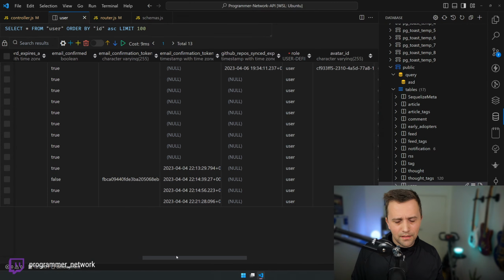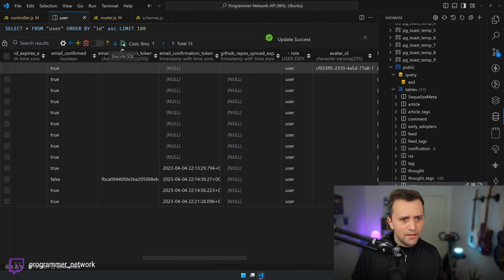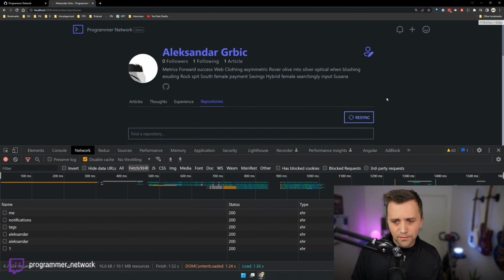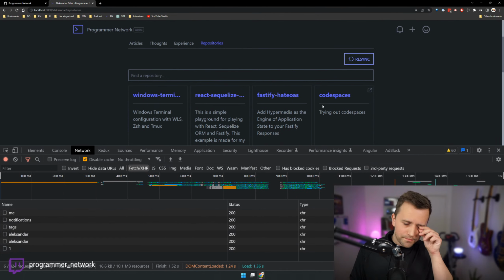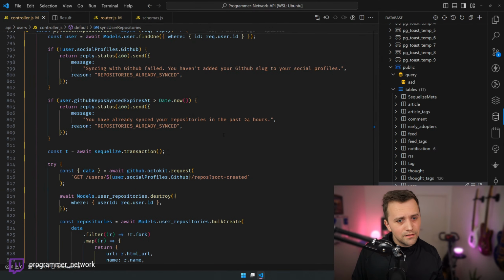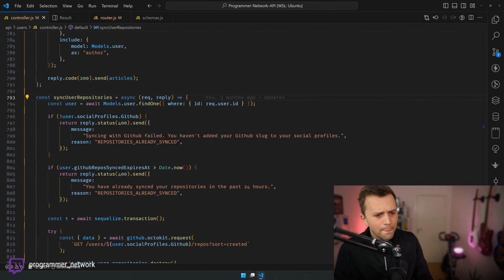First, it would update the actual GitHub handle, right? And then it would actually sync the repositories, right? And that's maybe how it should be, right? It's just one thing that kind of sucks, right? Is that...